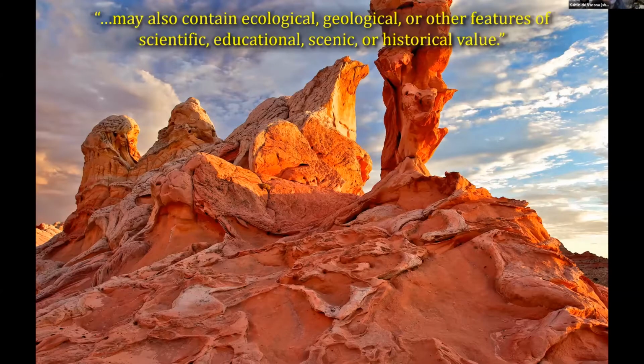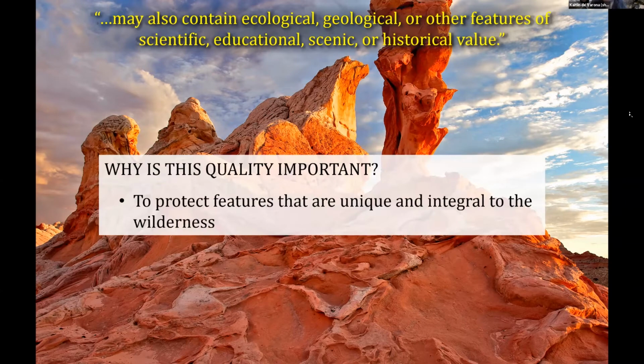And then we have the fifth quality, other features of value. So straight from the Act, a wilderness may also contain ecological, geological, or other features of scientific, educational, or scenic and historic value. So these are things we're thinking about here, might be a very specific feature that defined your wilderness. One I can think of is Shining Rock, the one that I showed you at the top of the presentation, which has a very specific place with these bright white rocks that were known in the